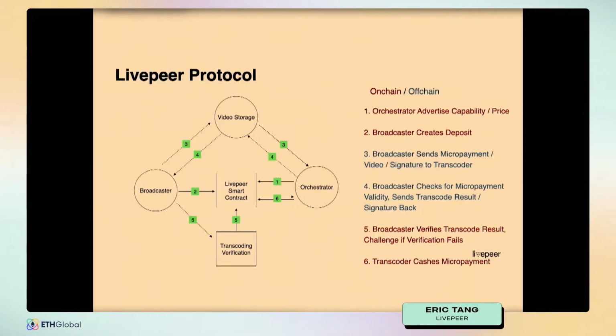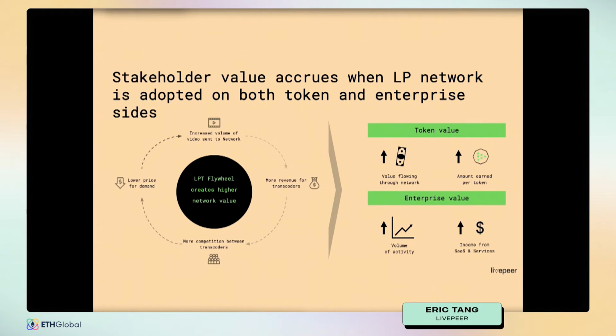And the economic mechanism works something like this, right? Token holders can stake tokens towards the node operators on the network. When they stake their tokens, they get a portion of the rewards of those operators, and over time they get to align their incentives, and you create this flywheel where the increased volume of video going to the network creates more revenue for the participants on the network, which creates more value for token holders.